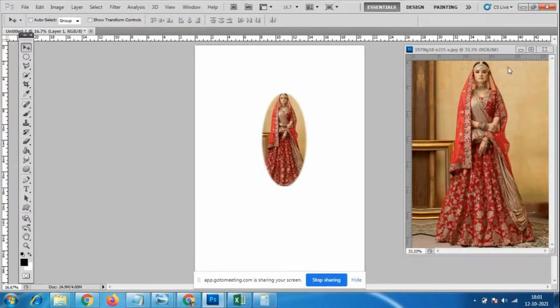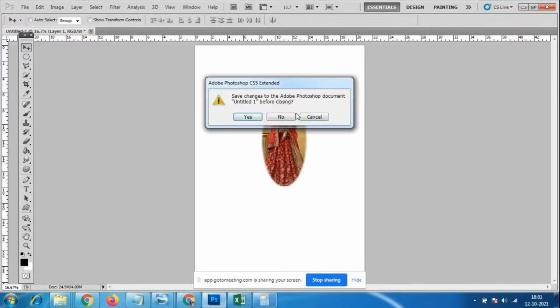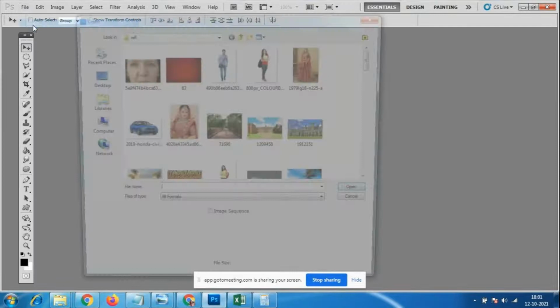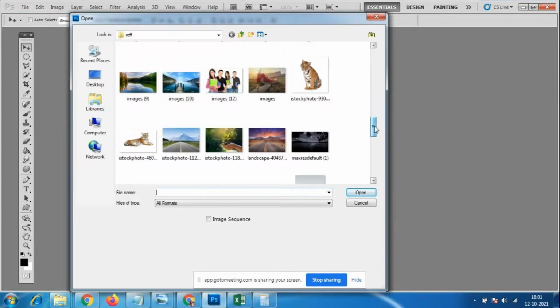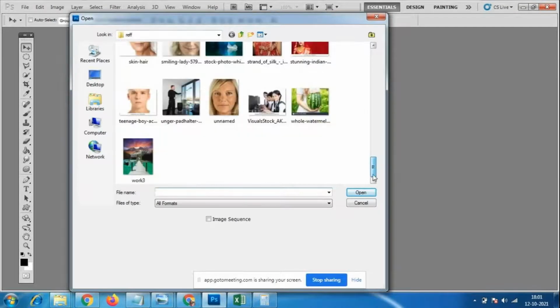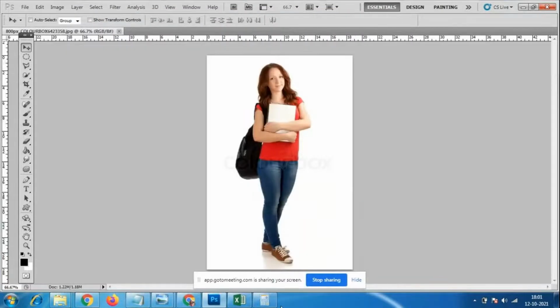Okay. But the thing is, now the purpose is not actually served. We don't want an image like this. We have to cut very neatly, then only we can place this image wherever we want. Correct. So what I will do, I'll go to File, Open, and I will take any of the images, student images. I'll take one which has a white background. Okay, I'll take this image. So I'll go to the next tool. I'll come back for the other tools. I will take the very easiest tools first.